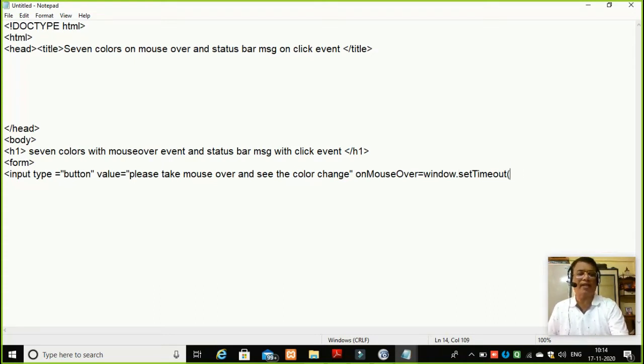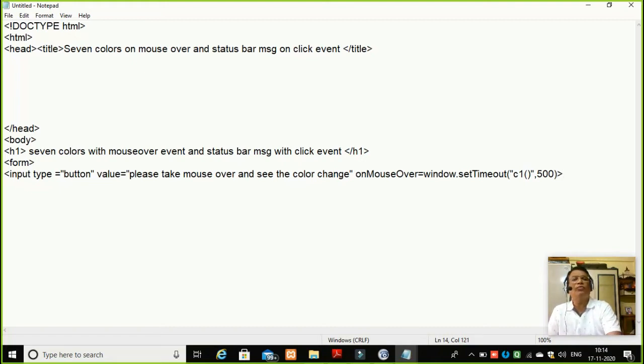In the bracket, I will write C1 as a color change function, my first function, and I'll call this C1 after how many seconds? 500 milliseconds. Okay, so I will close this, and my code is now closed here.